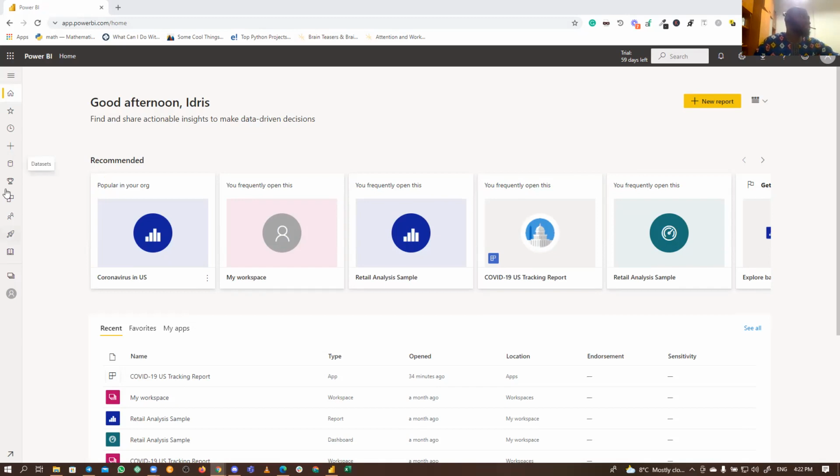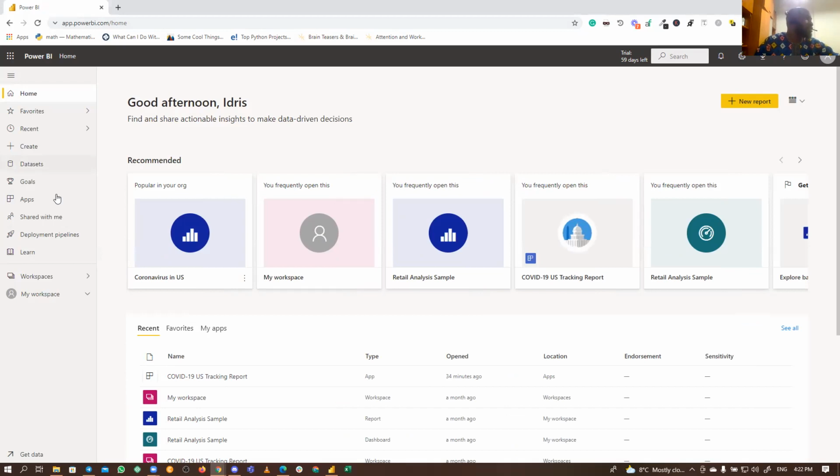So, and this is where you can access the collaboration tools that I talked about. You can work with a team and all of these things. And if you also need to download, you can download from here. I mean the desktop now. So you can download Power BI desktop from here. So another interesting feature I forgot about Power BI is the fact that you can also work on mobile. Don't you find that interesting?